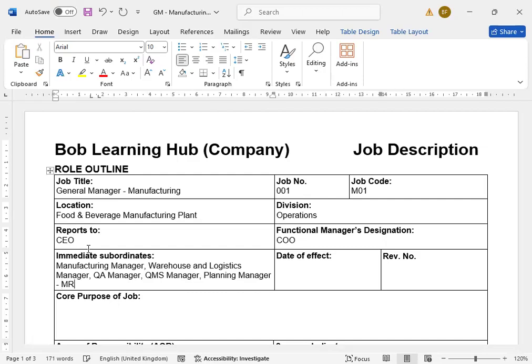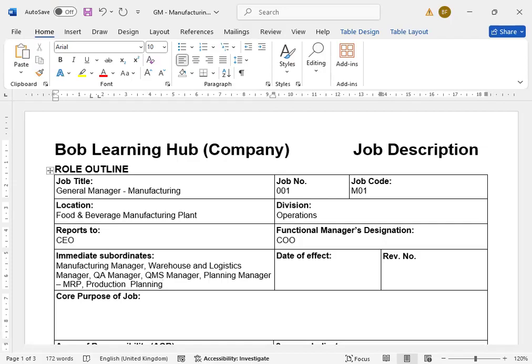So there could be a manager for MRP or a manager for production planning. Some companies assign one planning manager as MRP planning manager, and one as production planning manager,